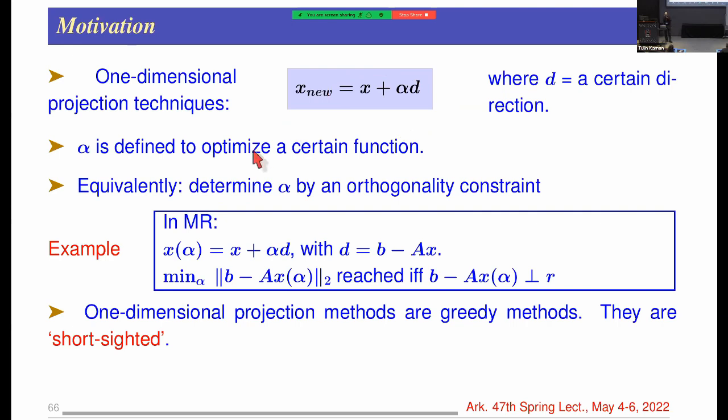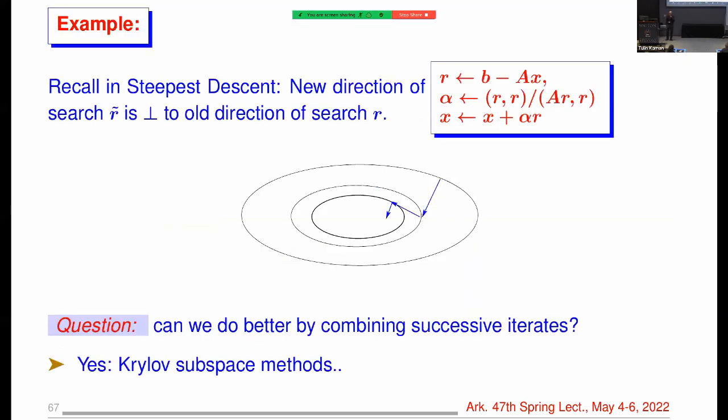So in MR, for example, you write x of alpha, which is x plus alpha d, and you minimize the residual norm with respect to alpha, and you get the new iterate. Now, this is equivalent to imposing orthogonality. The search direction tends to go down, and then to the right, so there's zigzagging towards the solution. Here, what we're showing is the ellipsoid that corresponds to